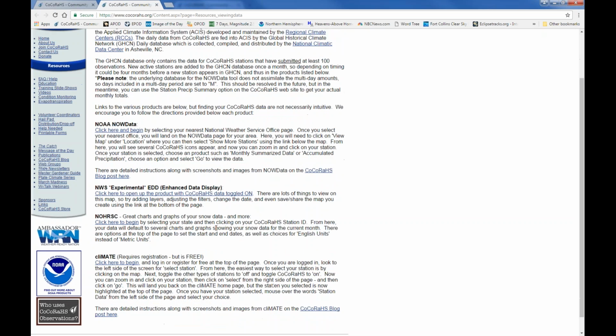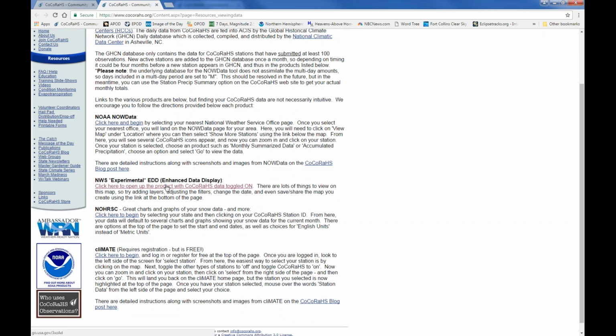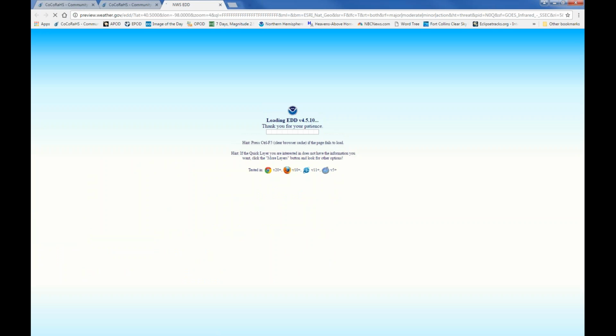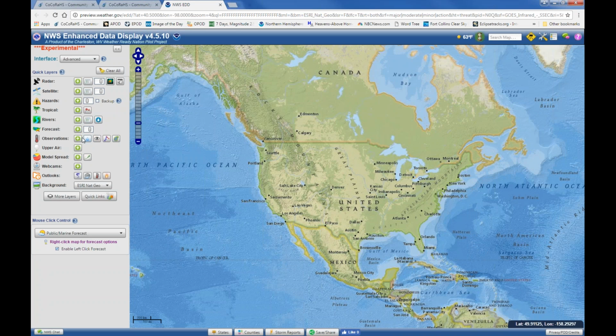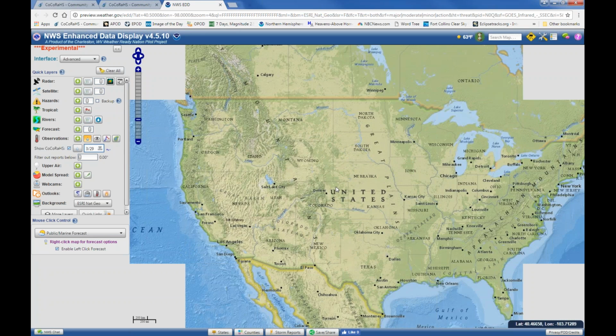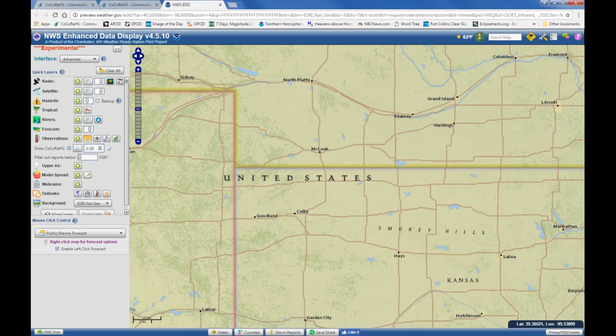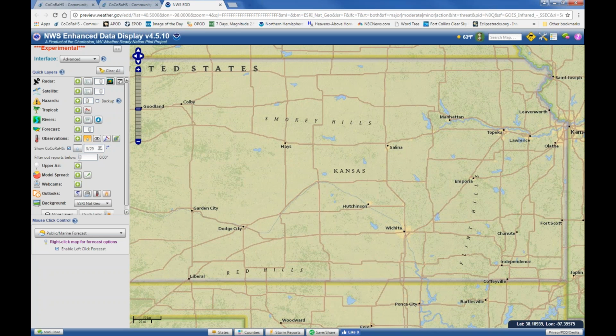Couple more. The EDD, the Enhanced Data Display. This is really a cool product, and they have tons and tons of options and overlays and different things that you can choose, but I want to show you how to get CoCoRaHS data. Come to Observations and click on the little raindrop, and sure enough, there's a little box, Show CoCoRaHS. I'm going to click on the calendar and go back to yesterday, and just like a Google map, I can zoom in, and as soon as the data starts to come in,